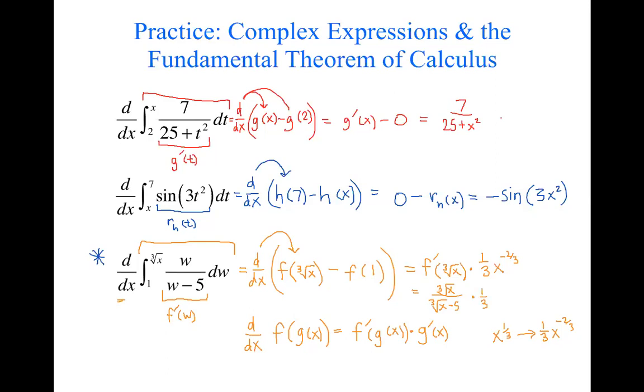We've kind of mixed rational powers and fractions here. That's fine. So the final answer to this question would be that. There's a minus 0 that we don't have to write. But here's f prime of the inner function, f prime of g of x times g prime of x. So I hope that you see that that's really just a use of chain rule, other than, instead of being